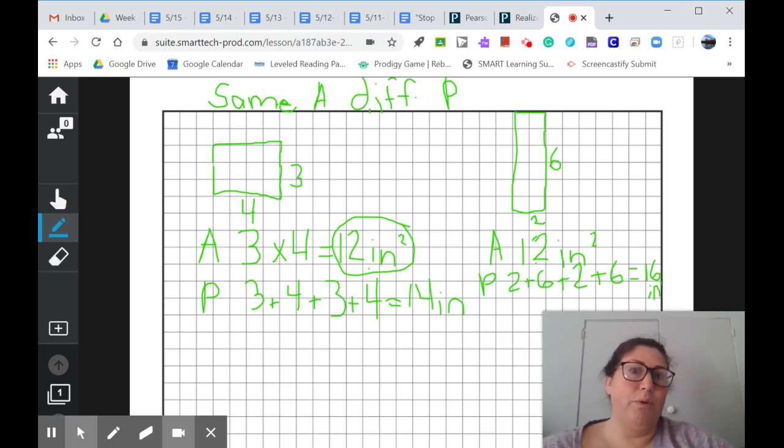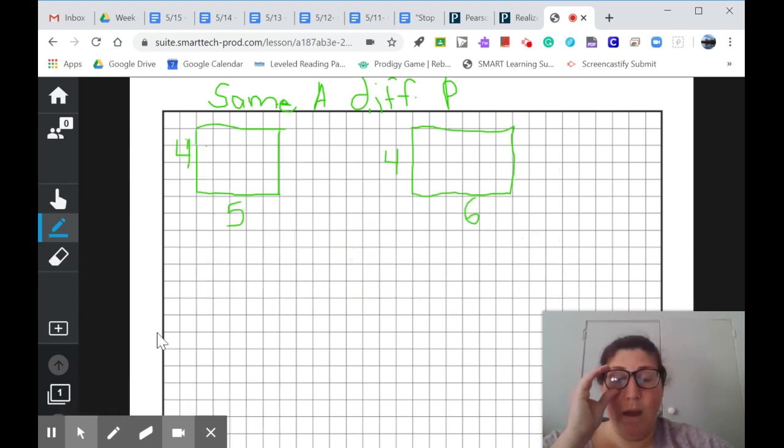So that would work. The only thing that sometimes kids will do that this won't really work for is sometimes they switch these two numbers and just make it 4 and 3 here. That's not going to change the perimeter because all the sides, you're just adding them all up. And it doesn't matter what order with addition and multiplication, as you may know. It just matters that the numbers are different. And so if you think of another math fact,